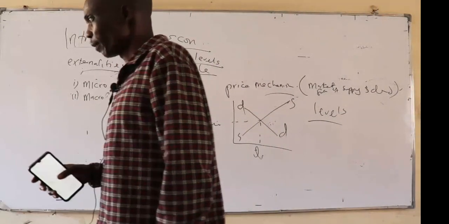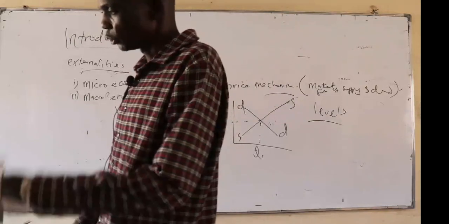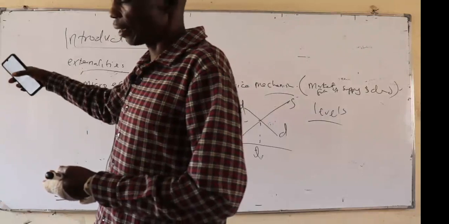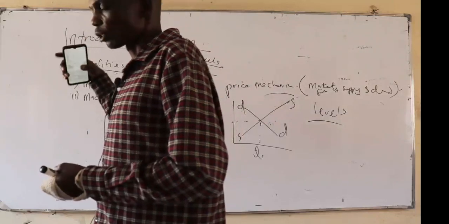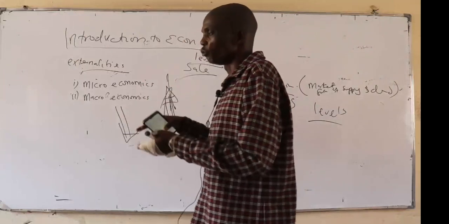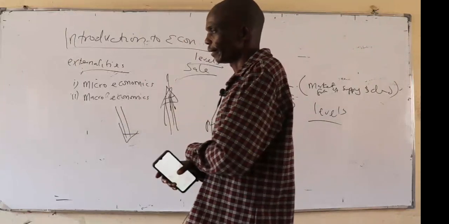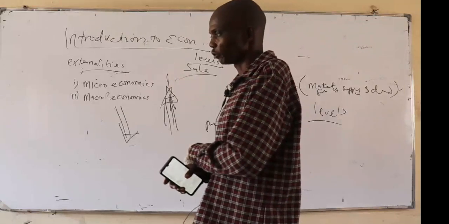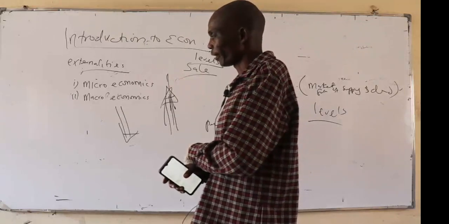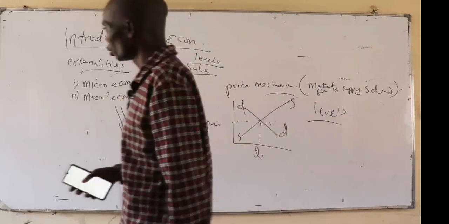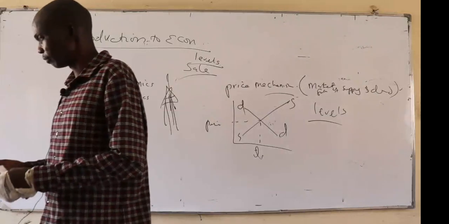Example is pollution. Now, when they are setting prices, they should take into account the possibility of the society contracting diseases as a result of pollution, and therefore that savings can then be used in treating, basically taking care of the effect of that pollution. Alternatively, when they are pricing, they should be priced in such a way that they are able to set aside some funds to control the effect of pollution.